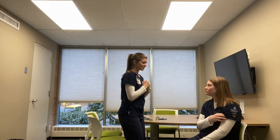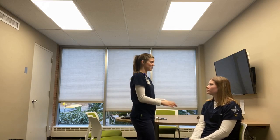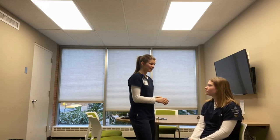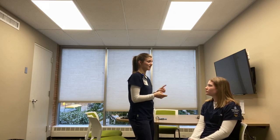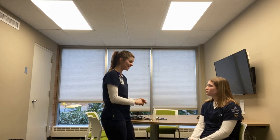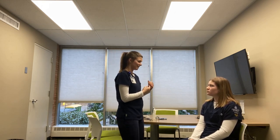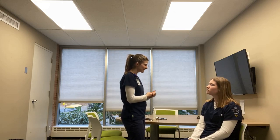Okay. So we can go ahead and we can move on to your skin assessment here. So I'm assessing and I'm looking, and I see that you don't have an IV, but if you did, I would be checking for erythema, swelling, and drainage. I'm visually looking over your skin, and I'm not noticing any masses, lesions, any erythema or swelling, anything to cause